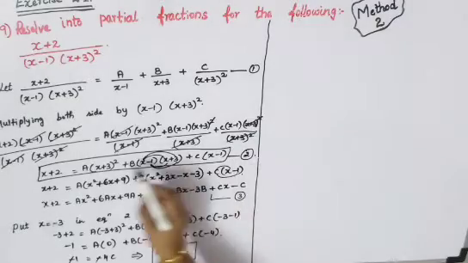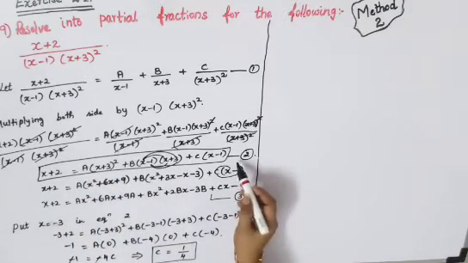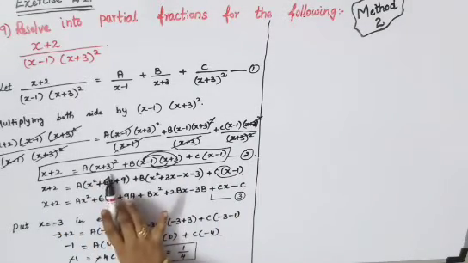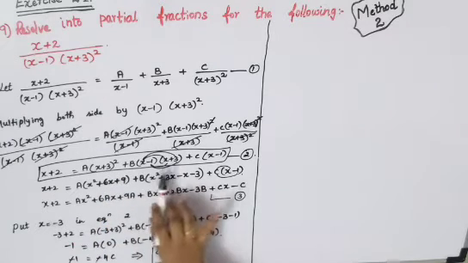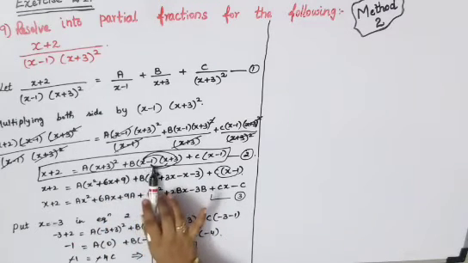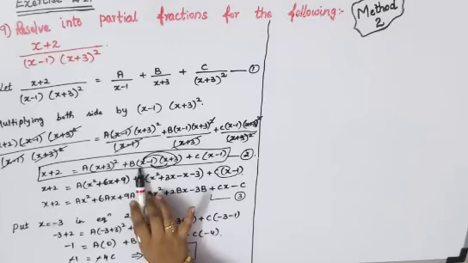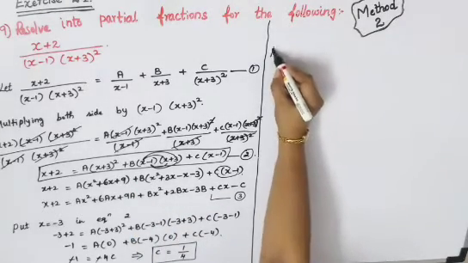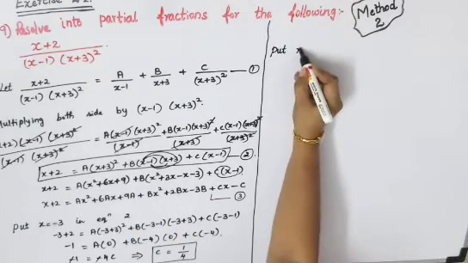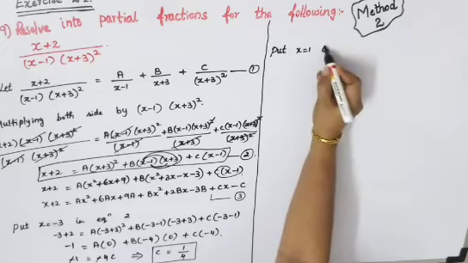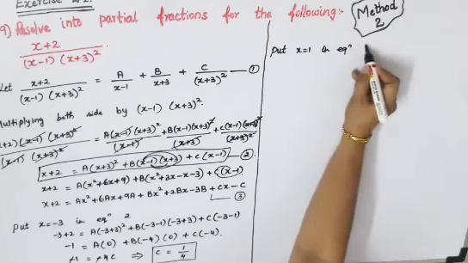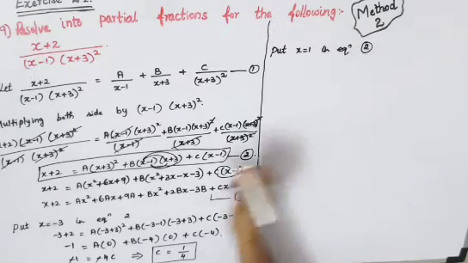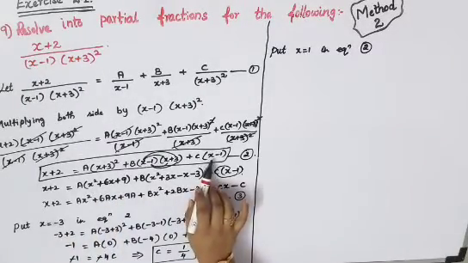Next we will have to go again to your equation 2 and see the next option. Already we have finished minus 3. So next is here x minus 1 is there, so we will have to go to plus 1. So put x is equal to 1 in equation 2 itself again. So wherever x is there, you will have to replace your 1 over there.